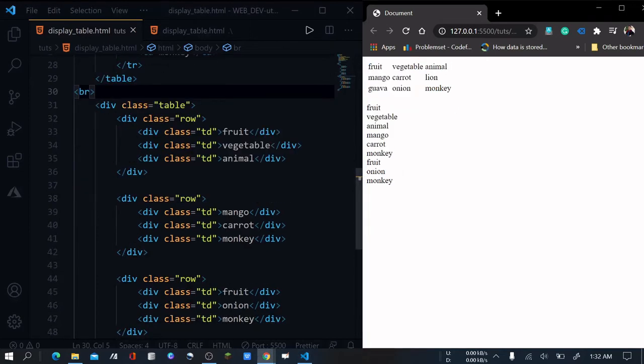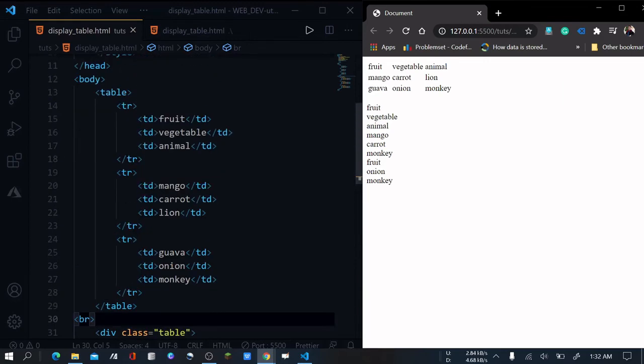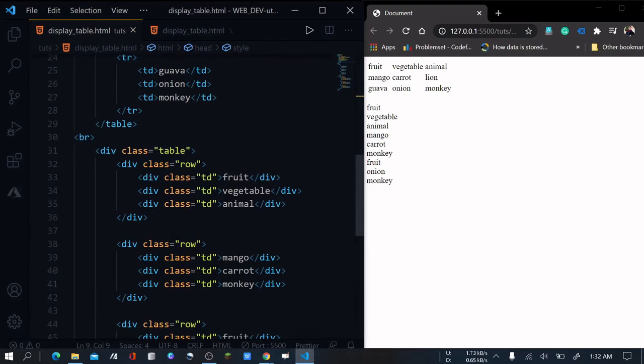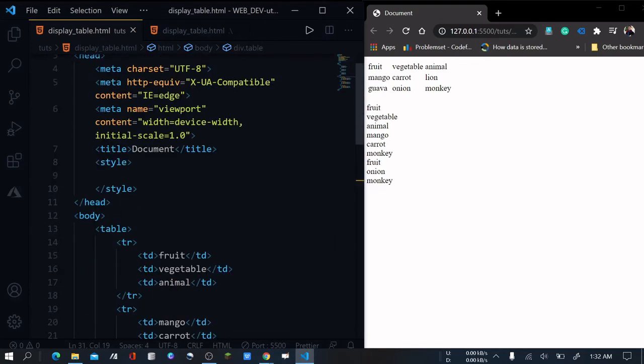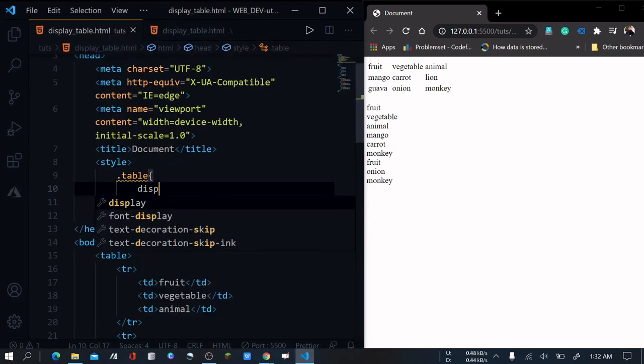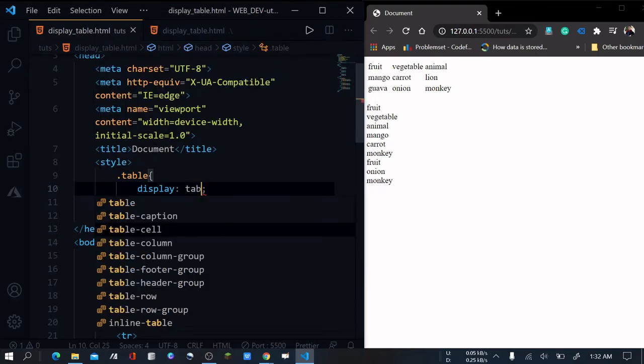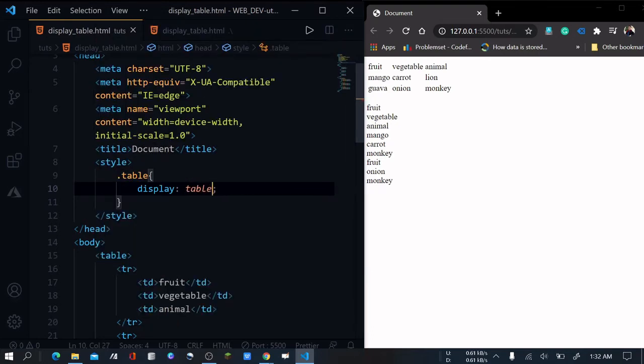Now here comes the concept of the display table property. I will go into the style and call the table class, dot table. I will give it a display of table, not table cell but table.